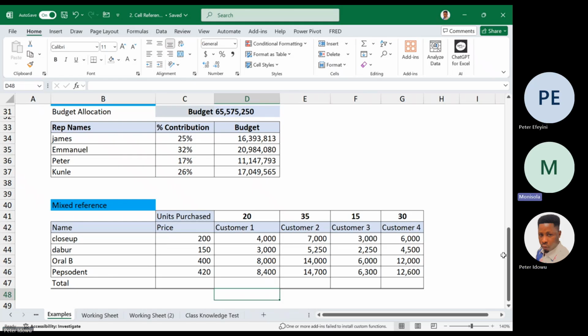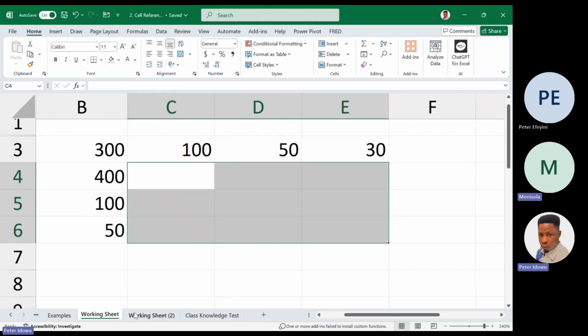Okay, yes. For me too, I already know the difference between the absolutes and the constants. And well, I am still finding it difficult to test the mixed. But I know if I watch the video over again and practice on my own, I will do better. But for now, I'm still finding it a bit difficult. All right. So the thing is, it's not difficult. Just so you know,